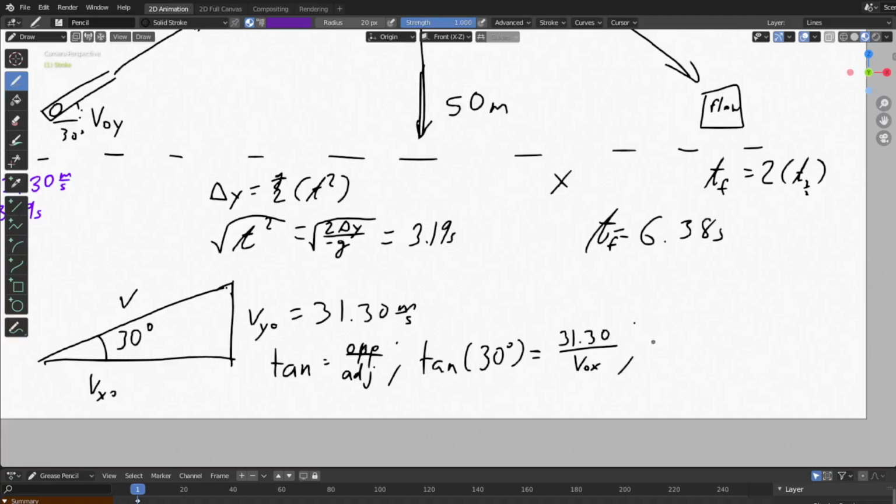Meaning that v naught x is equal to 31.30 meters per second over, square root of 3 over 3. Just in case, I'm just going to say tan of 30 degrees, which is equal to 31.30 divided by